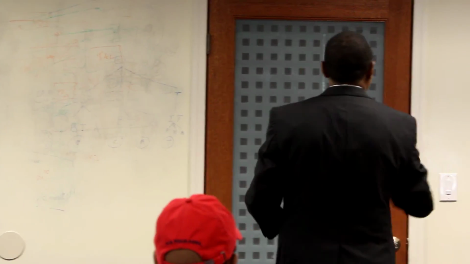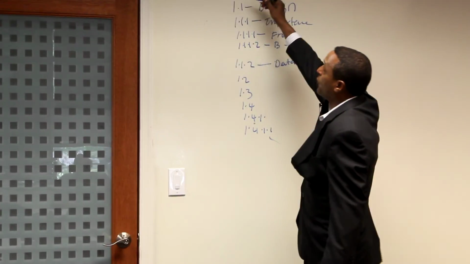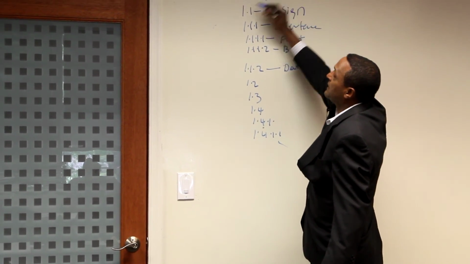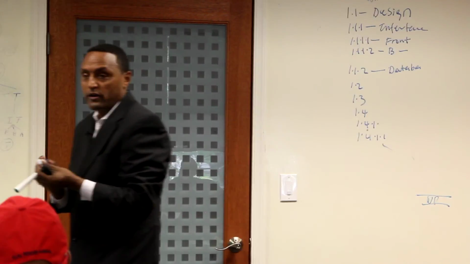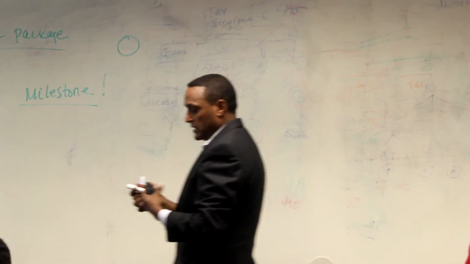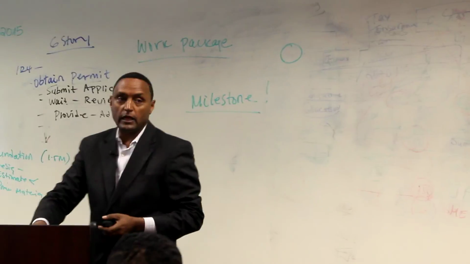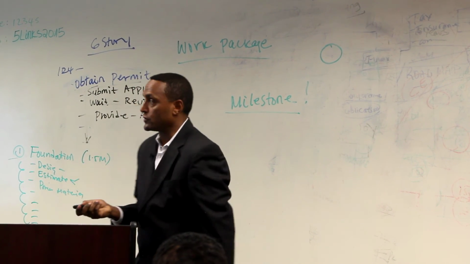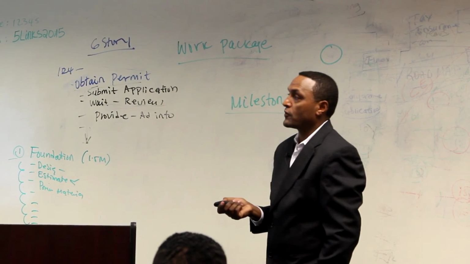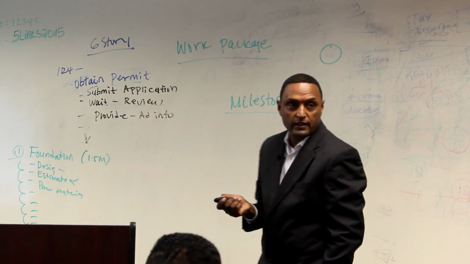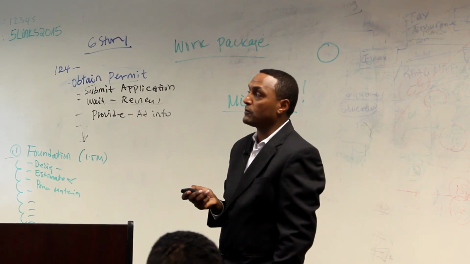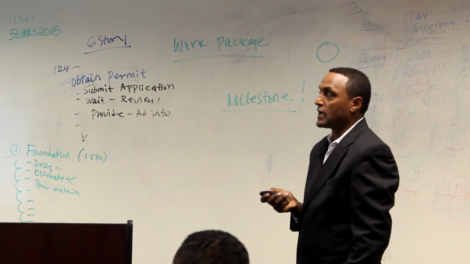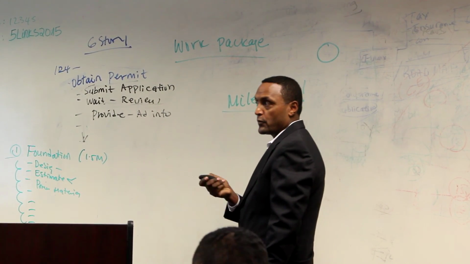So you may have a different view of the WBS like this or like that, depending on how your organization is using it. But the point here is to break it down so that you know exactly how much it's going to cost or where. So the work package is another test question in the exam: it is the lowest level of the WBS, and it's output oriented, and we also define